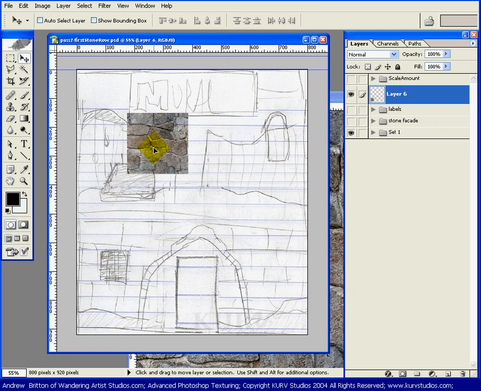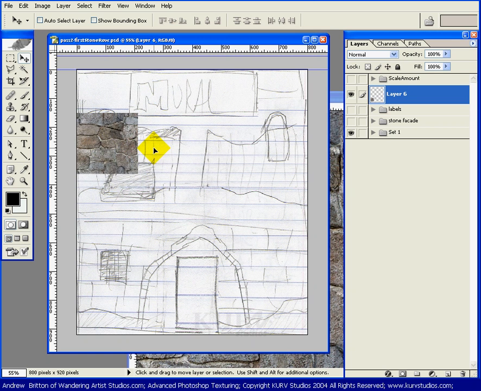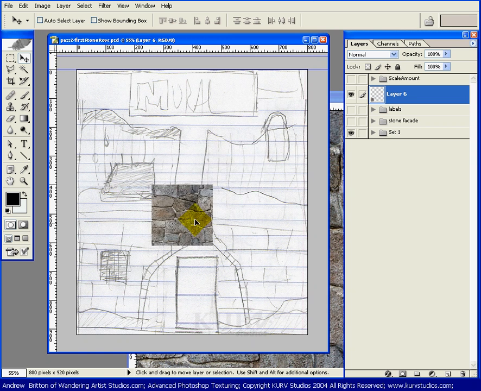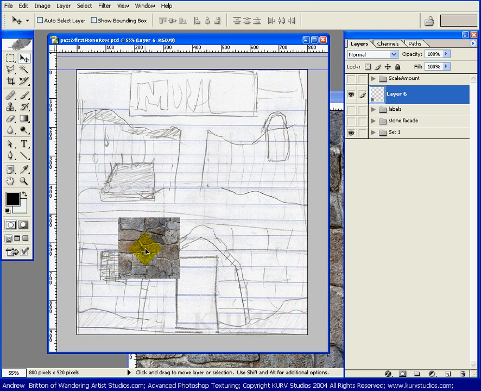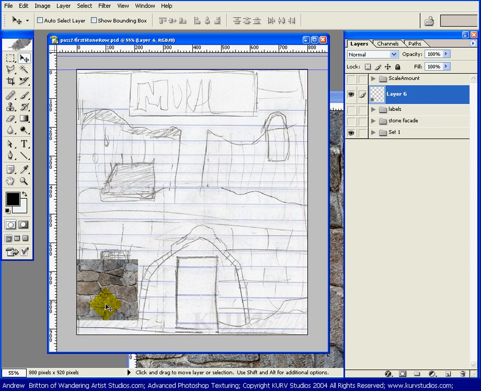If I let go of shift, hold down shift, toggle that. And finally it will snap to the diagonal on the 45. But I'm going to undo that. Control Z for undo. So holding down Alt and Shift will make not only a copy of the current layer, but move that copy